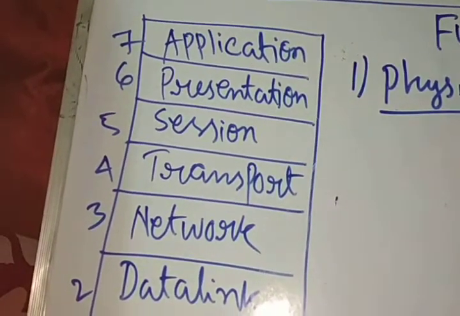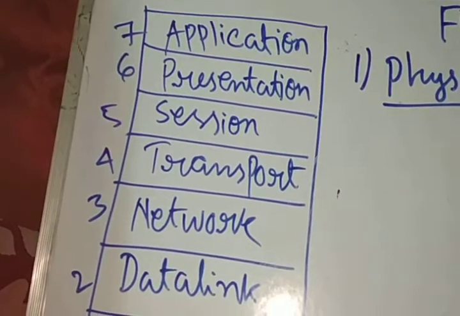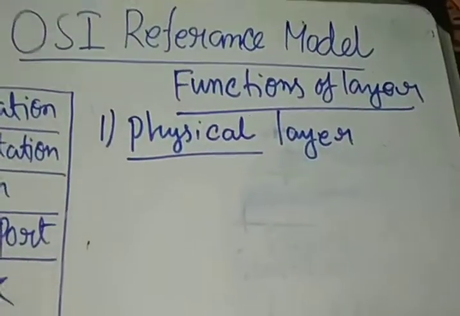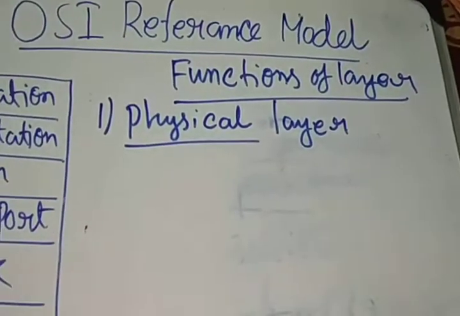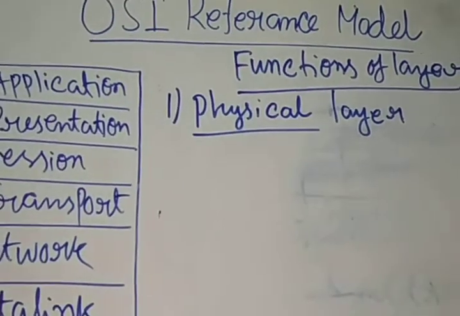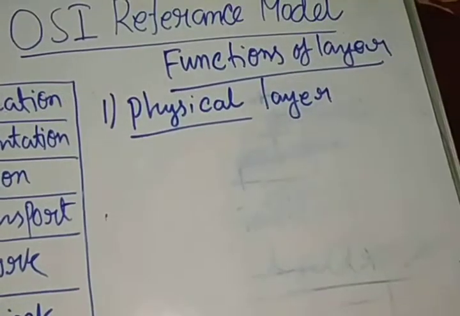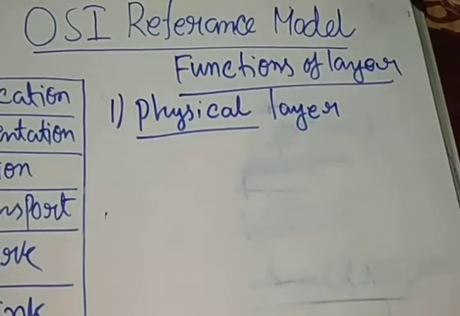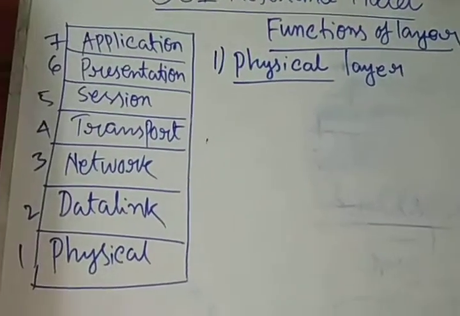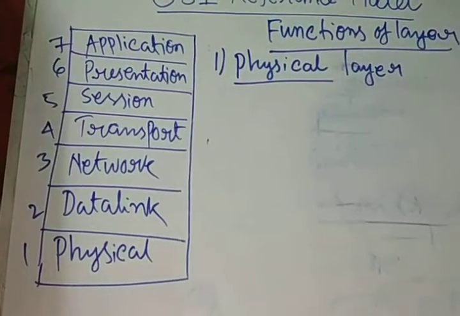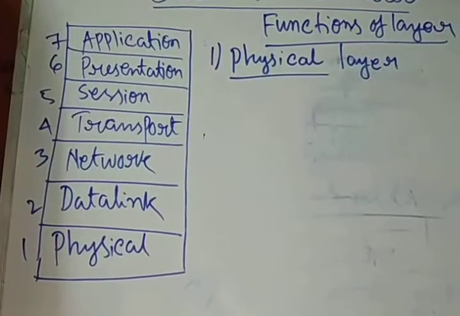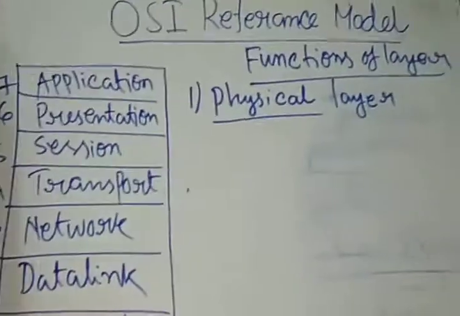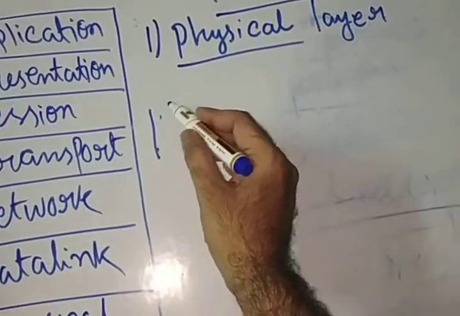These are the functions of the layer. Physical layer is the first and foremost layer. By this name we can understand that the physical layer deals with the physical transmission of the data. Whenever data is transported in this physical layer, it is in 0 and 1 format. So whenever the data is transported from one device to another device,